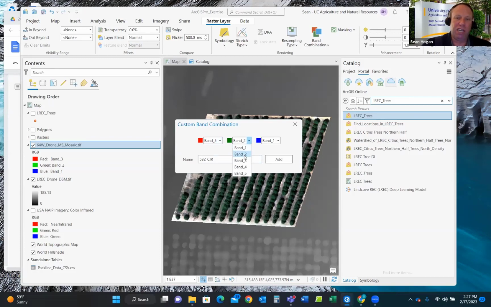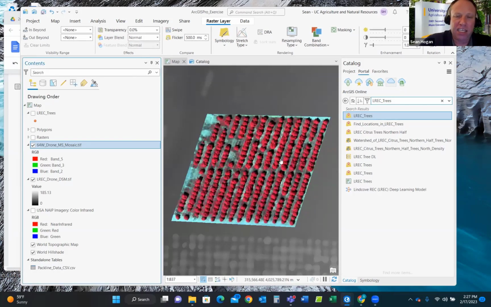Green is going to show the intensity of red. So I'm going to switch that to band 3. And then band 1 is going to be green. Think of this as just offsetting the colors. So when I add this and it changes, now the brighter the red is a reflection of how much